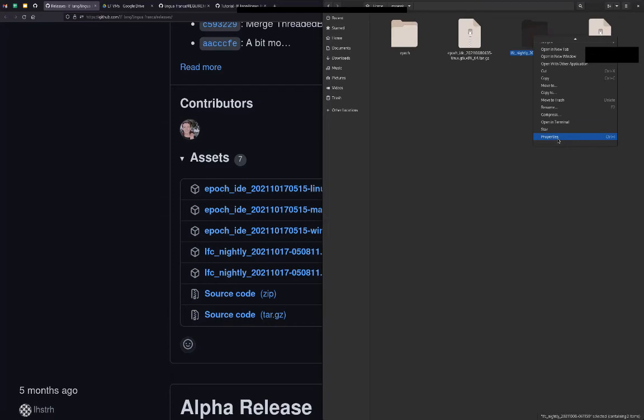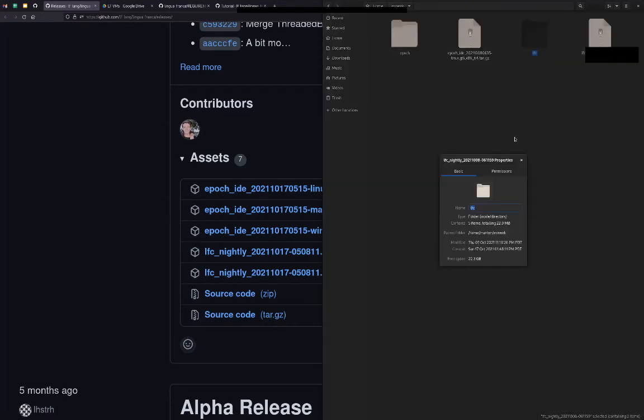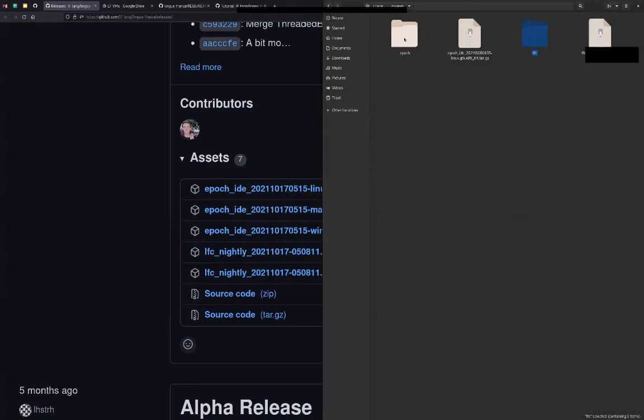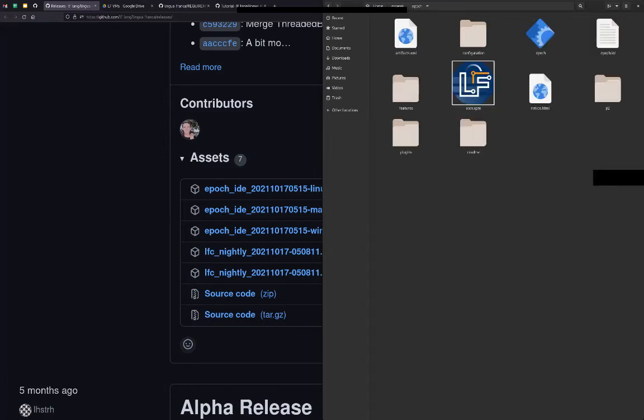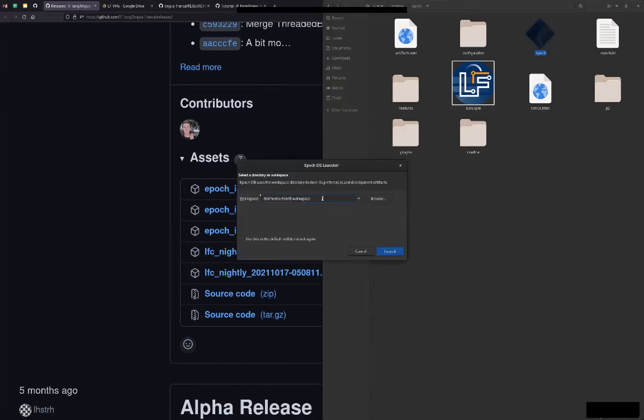So what we have now is a directory Epoch and a directory LFC. You can put these anywhere in your system that you'd like. I put them in my home directory /ESWeek. And in the Epoch directory, we now have this Epoch executable, which we can run. There it is. We then also have to specify our workspace. So let's call it workspace ESWeek, for instance, to make sure that we have a clean one. And then